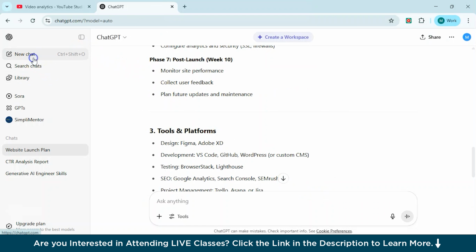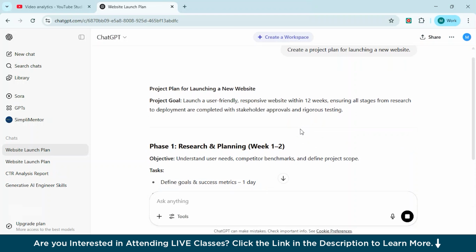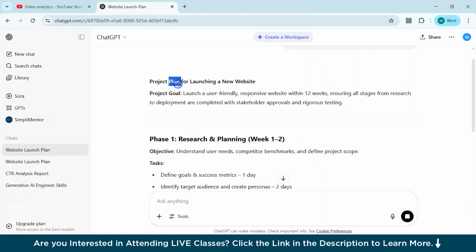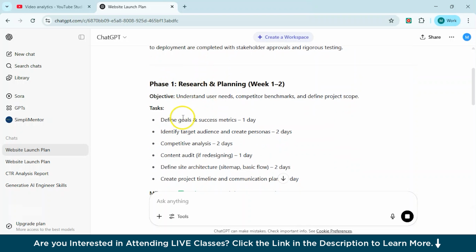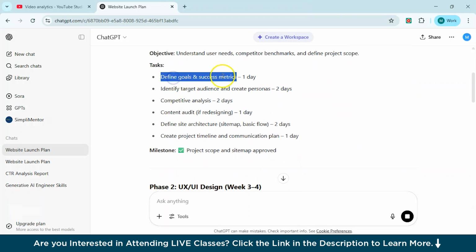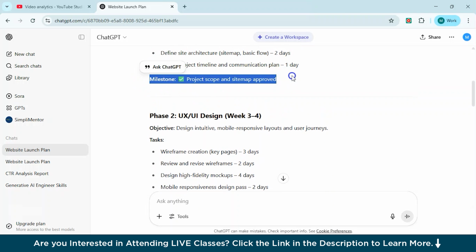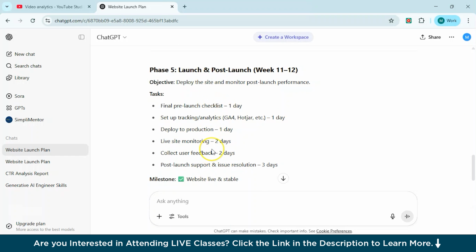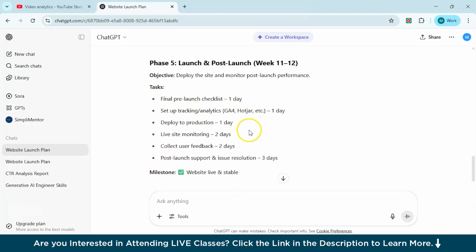Now, I'll click new chat and again, I'll ask the same question: create a project plan for me for launching a new website. Let's see what it responds. So now, as you can see, it has given me a project plan for launching a new website. And this is the project goal, and this is the phase 1 objective and tasks. And it has also given me the day-wise time needed for doing each task. And this is the phase 2. It has also given me the milestone from here. So as you can see, it has divided the phases into many parts, and from here it can just look at the task and the number of days,